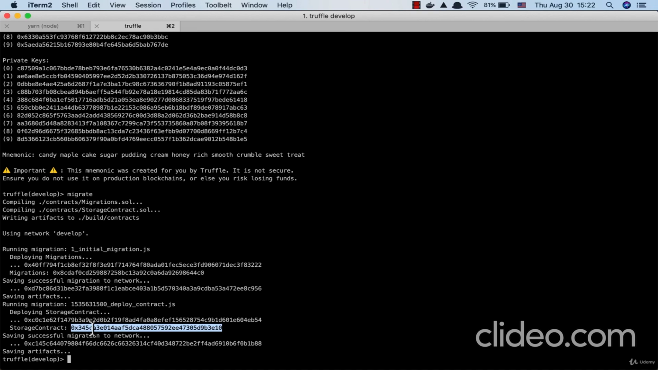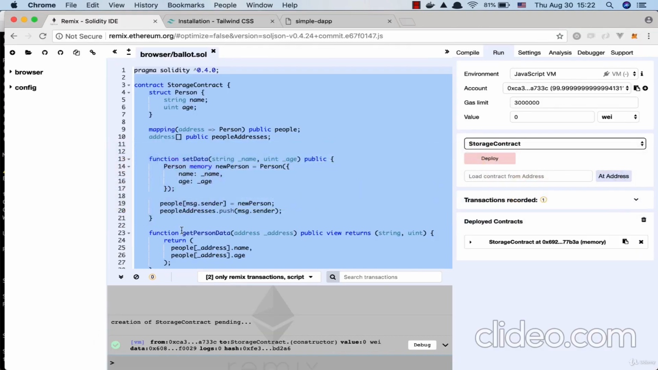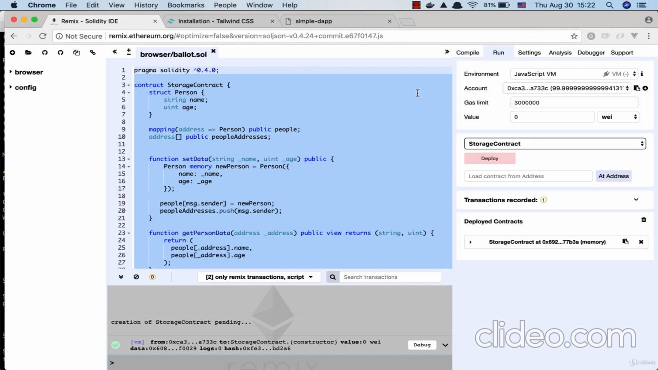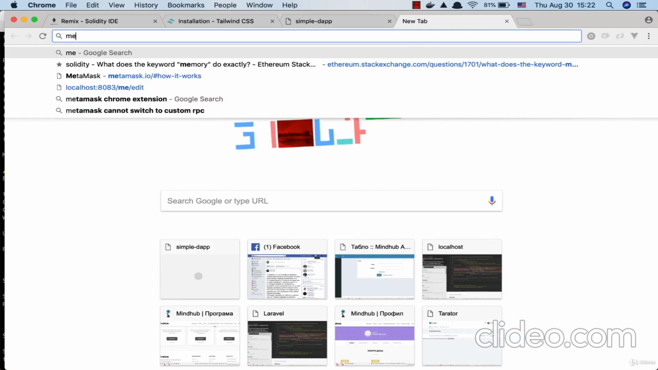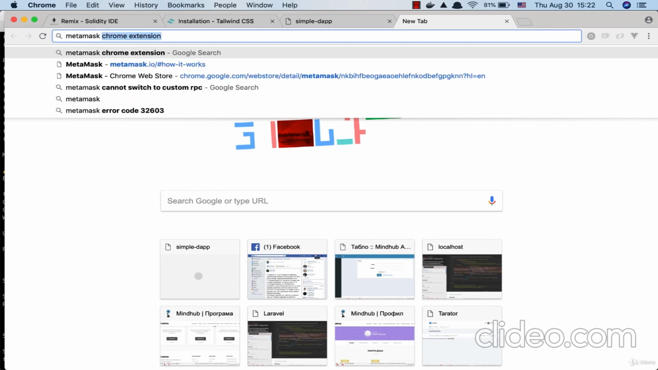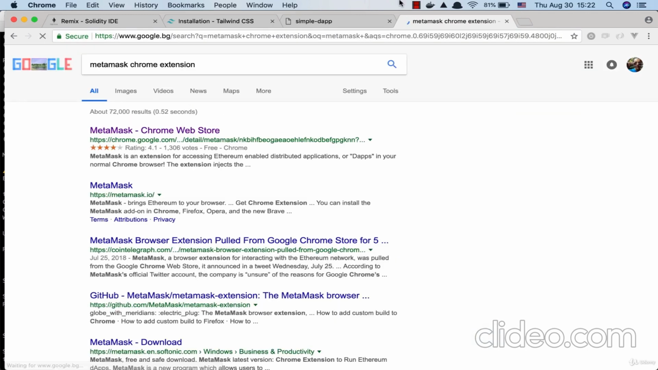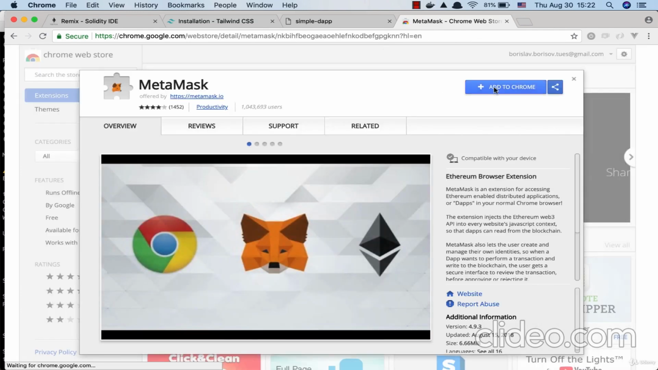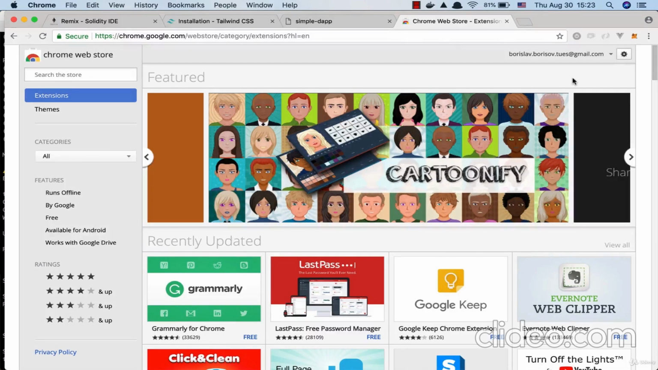So the next thing to do is maybe to install MetaMask. We can skip it for later, but why not now? Okay, so basically I will remove MetaMask from my Chrome and simply type MetaMask Chrome extension. I'll click on the first link and then add to Chrome. Okay, so once that's done,